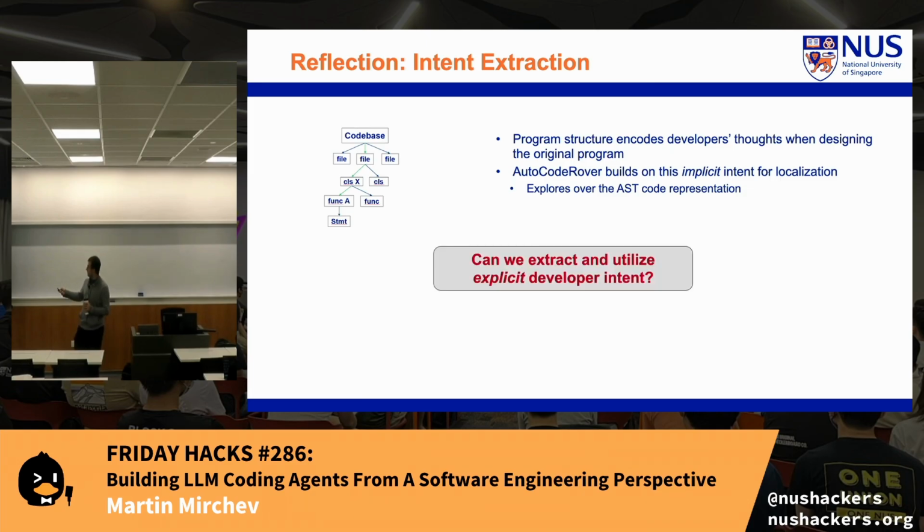So this, of course, made us ask the question of, can we extract and utilize explicit developer intent? Can we make the whole system more trustworthy by presenting these additional artifacts of the reasoning? So this whole idea of reasoning, which is now quite popular with test time training, the reasoning, the thinking models, some of these ideas we already had previously, but we were not focused on test time training, but more of just prompting the model to explain itself. Because we also saw that that really did also give positive results.